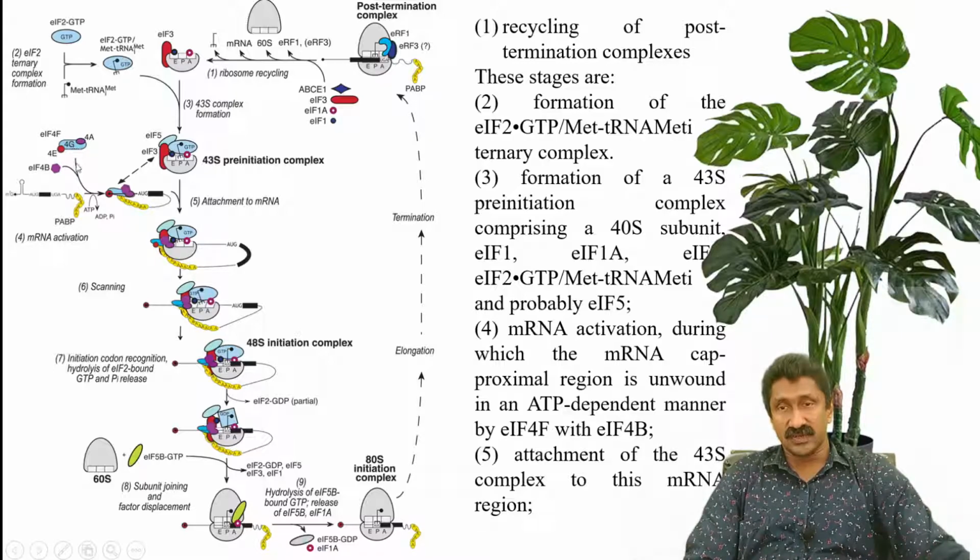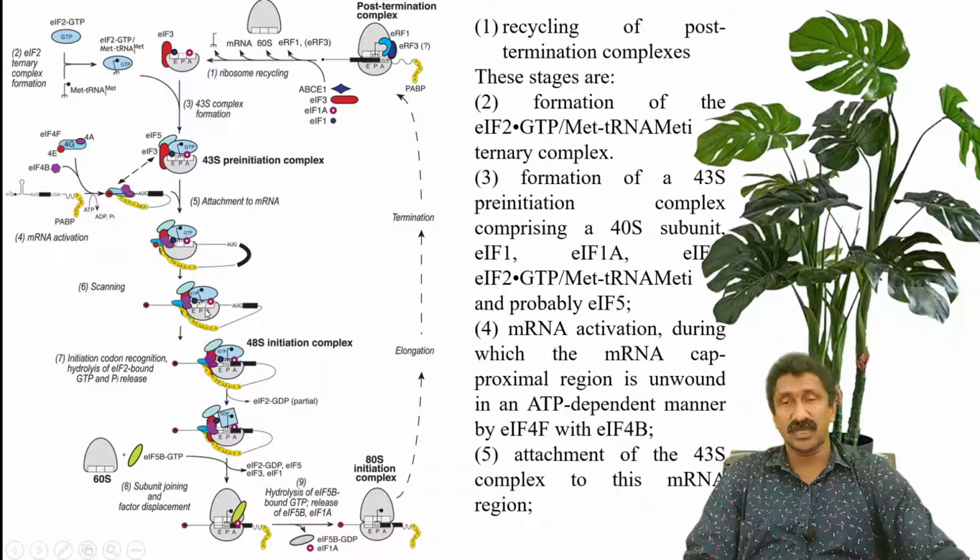So the eukaryotic initiation factor 4 along with 4B binds to the mRNA, and it straightens such loops or some disordered structures in the mRNA, thus activating the mRNA. This mRNA will bind to the 43S pre-initiation complex. Then it starts scanning through the mRNA to find the correct AUG codon. So starting from this end, it moves downstream, and it correctly positions at the first AUG codon, and this entire assembly forms the 48S initiation complex.